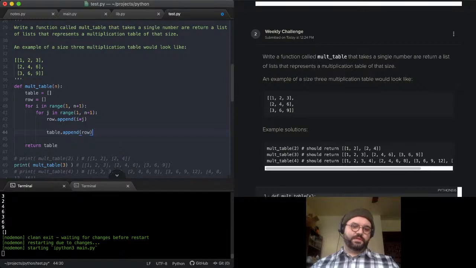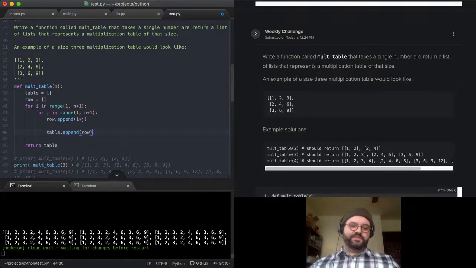Okay, so this does give me a list with all the correct elements, but they are not grouped in the proper list, and there are way too many lists, and they're all the same. So this isn't quite right, but it's a table of things multiplied together, kinda, right? The cool thing is, a lot of times you can kind of guess your way to a solution. So we can adjust this